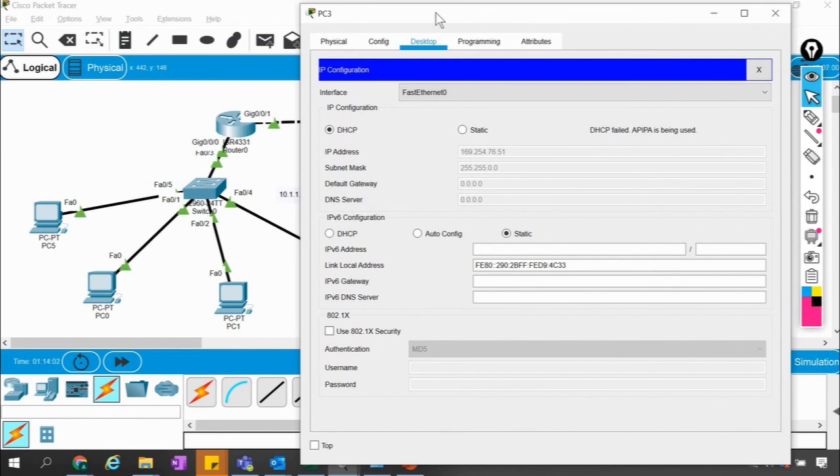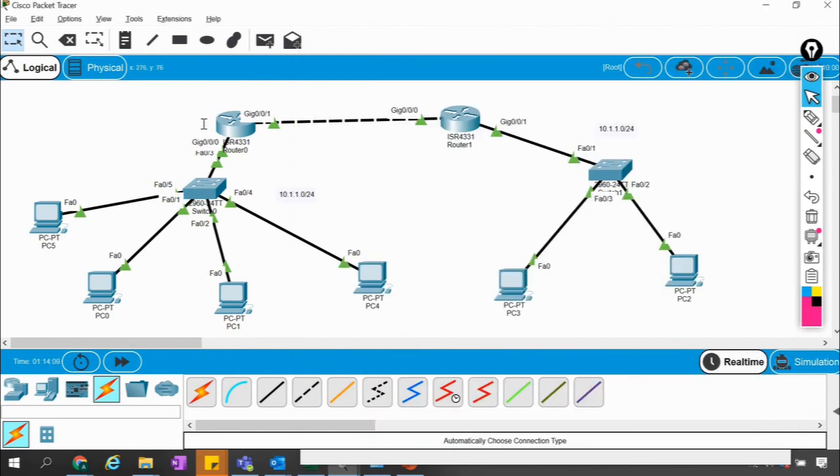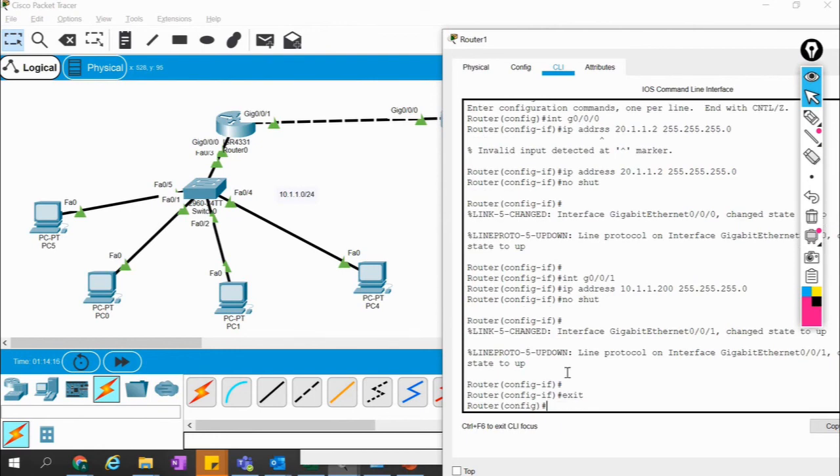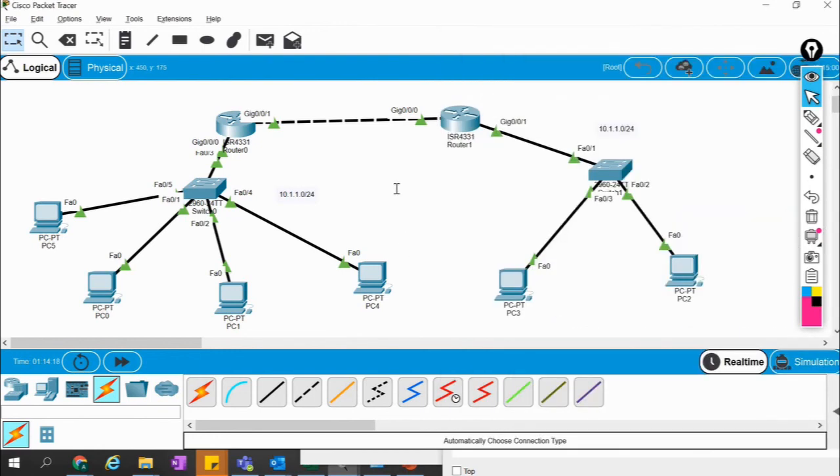Okay guys, so now if the DHCP server is not reachable, what can we do? I'm expecting some inputs. What should we do if the DHCP server is not reachable? In short, this router is not reachable from this computer, right? What can we do now?